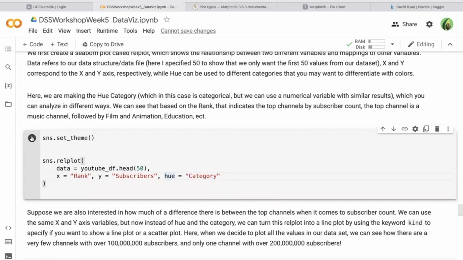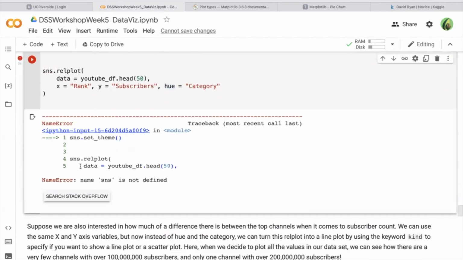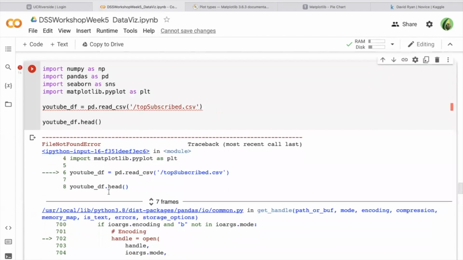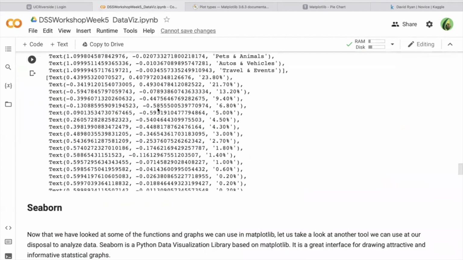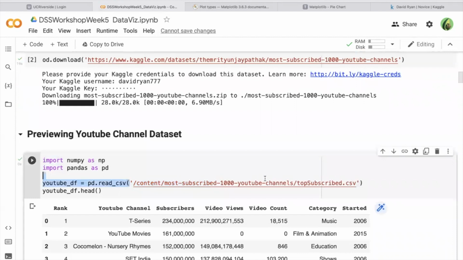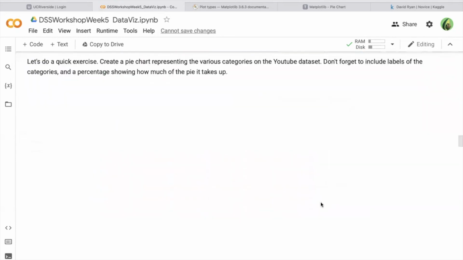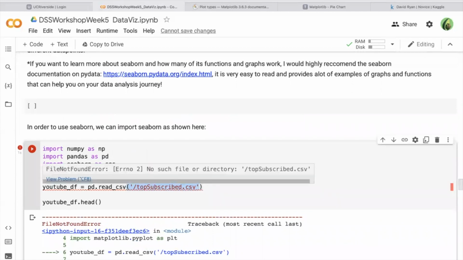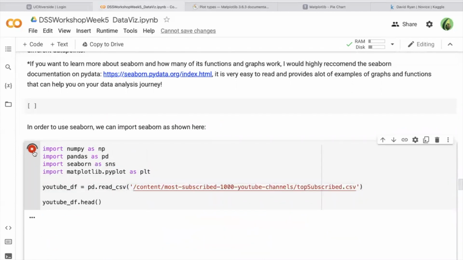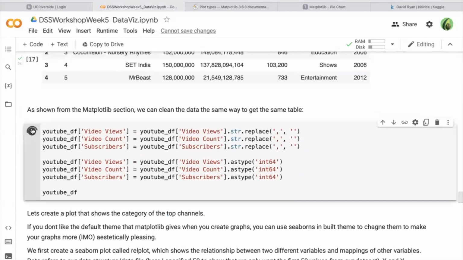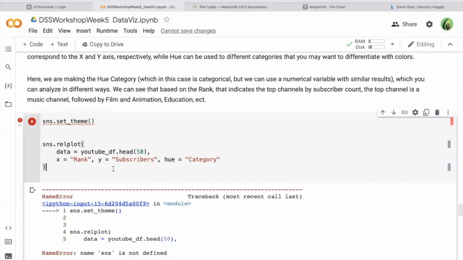Yeah. So if we run this, there's an error because sns is not defined. I have to run this file and it should be fine. No, I have to copy this right here. Command, right? Fancy. So I'm just gonna add the CSV file here. And then now when I run this, we'll get the same thing we had earlier. And then we clean the data in the same way as earlier. And then now when we run this,